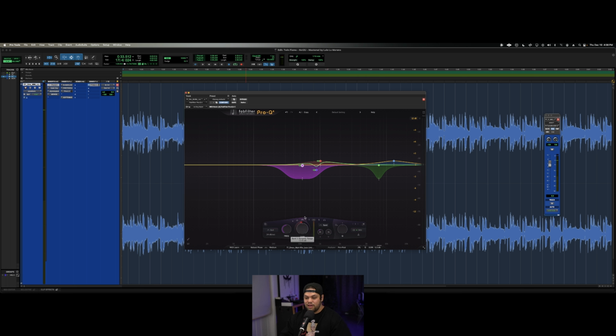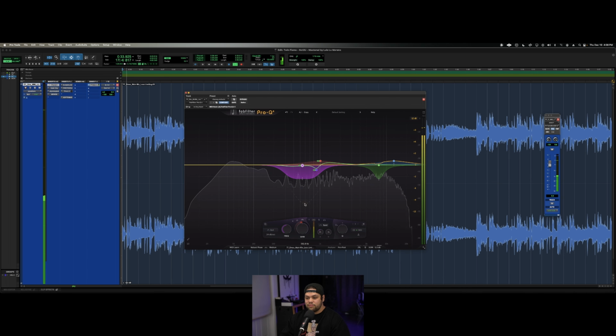To do that, when you do your dynamic EQ, you just pull it down like always, but you hit this little button right here and it goes into spectral mode. So you can see the difference. This is what it looks like when it's active on a traditional dynamic EQ. You see, it affects the entire range of that band that you've selected and set the width of. But with spectral mode,